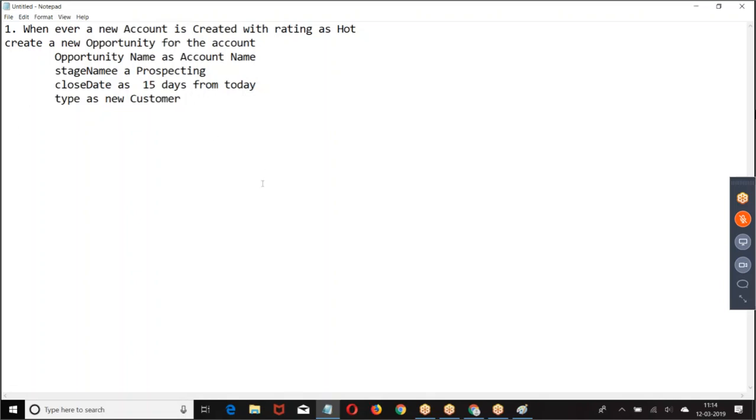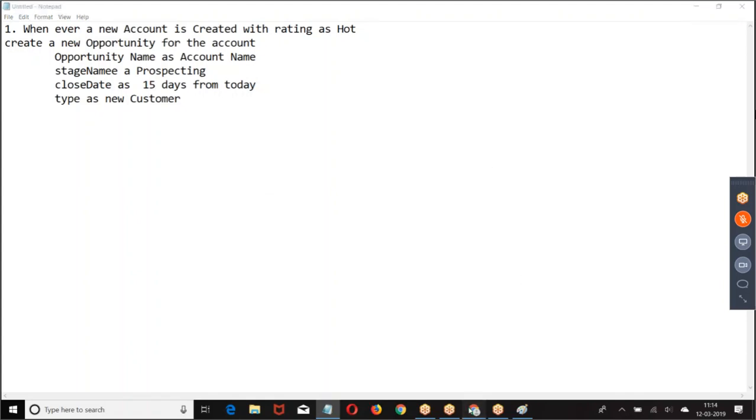So the question here is, if you want to create an opportunity for an account, unless the account is created, can I create an opportunity? Opportunity I want to create as a child. If you want to create a child, first the parent should be created. Without creating the parent, I cannot create a child. So after the parent record is inserted successfully, then I will go for creating the child record. I hope you are good. Right.